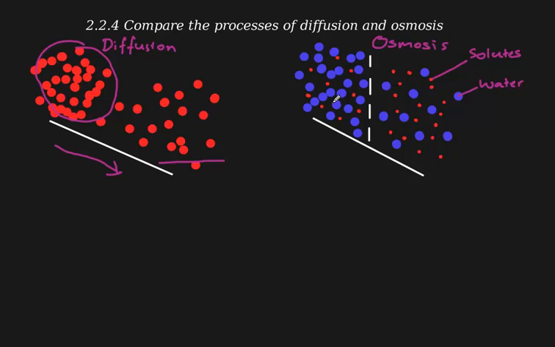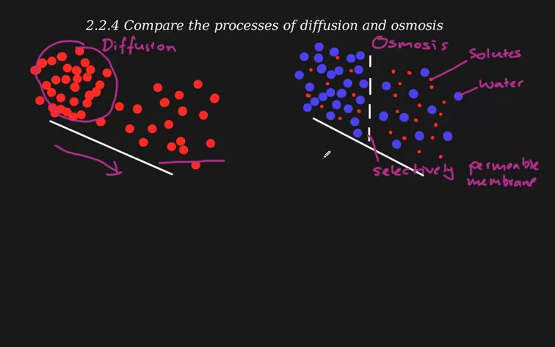What we can see on the left-hand side of this line, and this is a selectively permeable membrane, is there is far greater concentration of water molecules to the solute molecules compared to the right-hand side, where there are far fewer water molecules and far greater solute